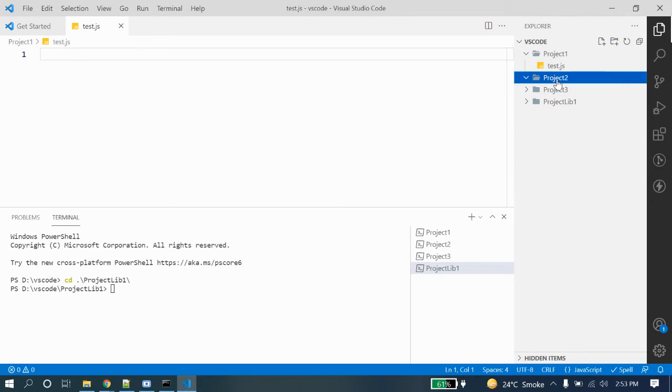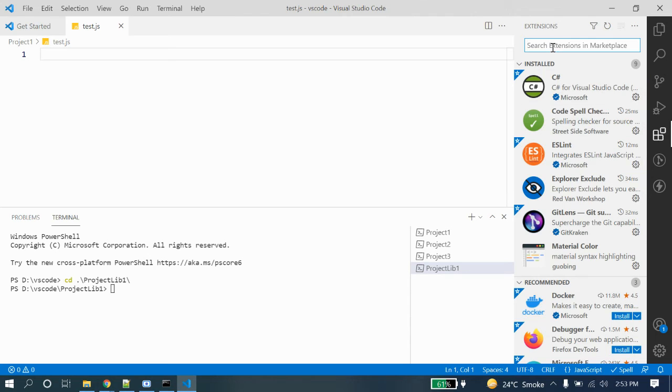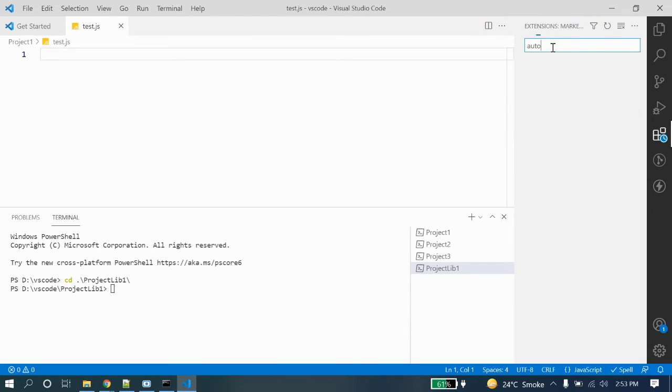I have opened this file, and again I have to close these, or I have to use the commands to close, or I have to close it manually. So the Auto Hide extension provides a feature to hide this automatically when we write something in the editor.